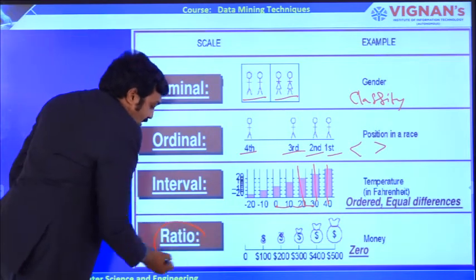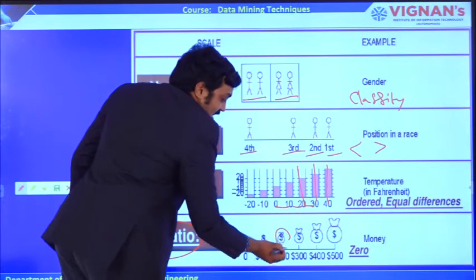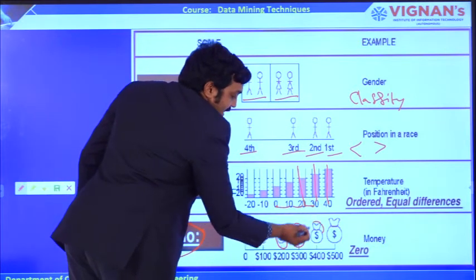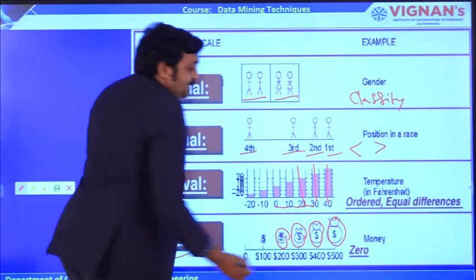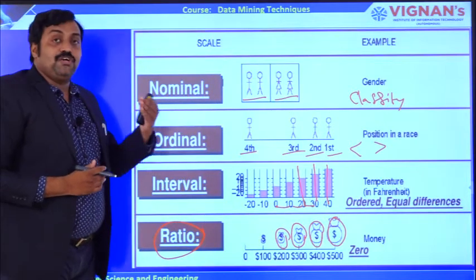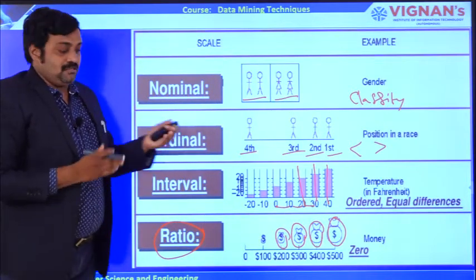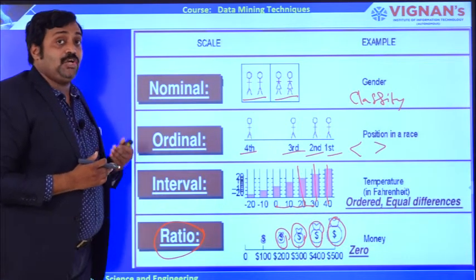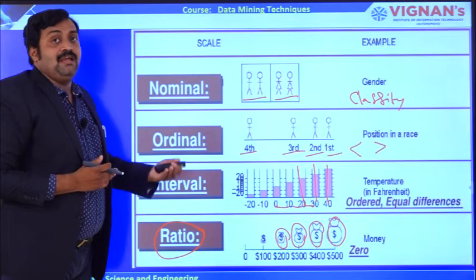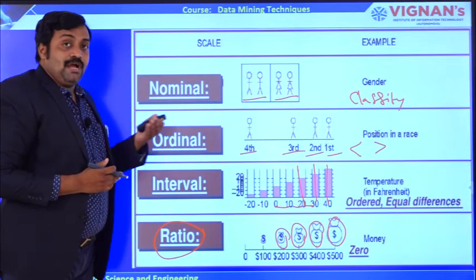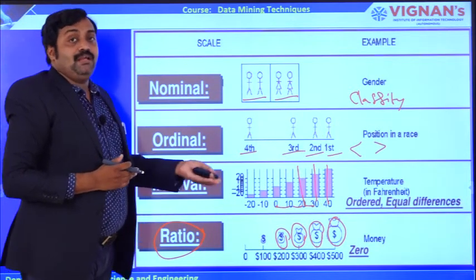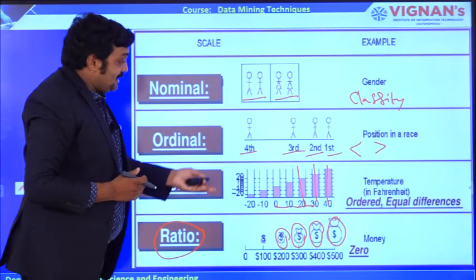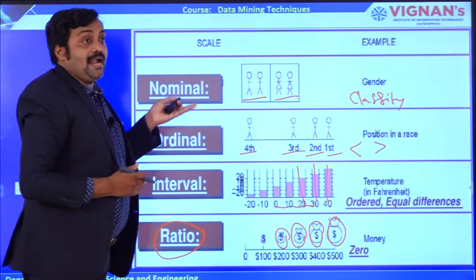Ratio, so always how much share or percentage amount I want to spend, or how much amount I need to spend towards a particular thing. I am getting a salary of $100. What is the ratio of spending towards my food? What is the ratio of the amount I am going to spend towards my housing? These are the basic attribute types.